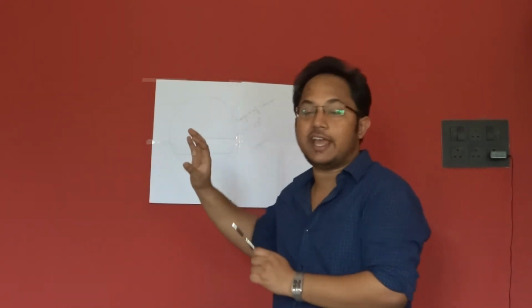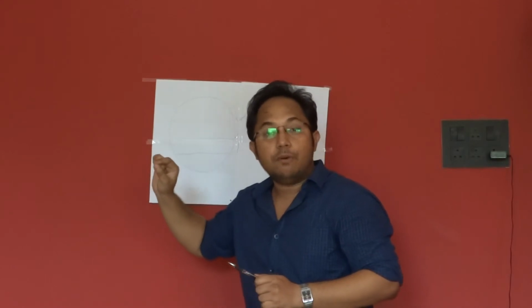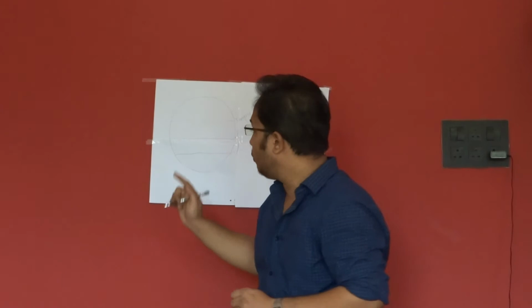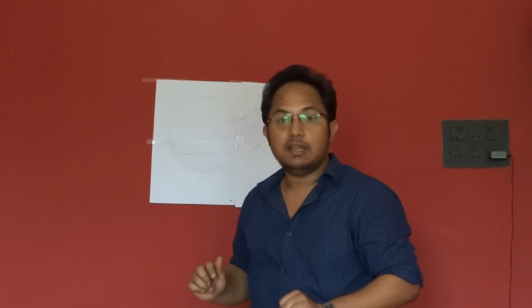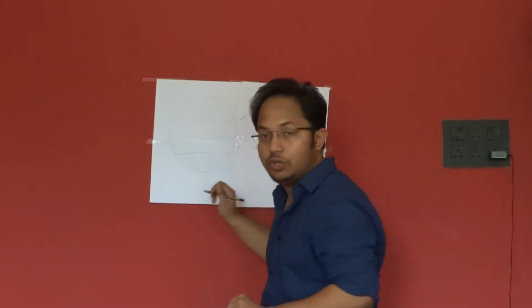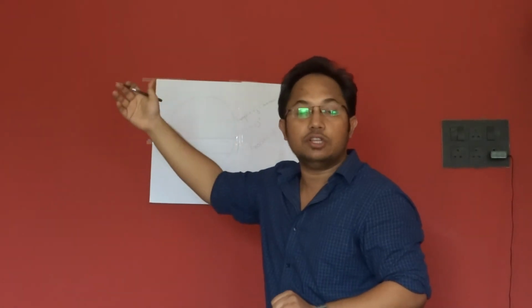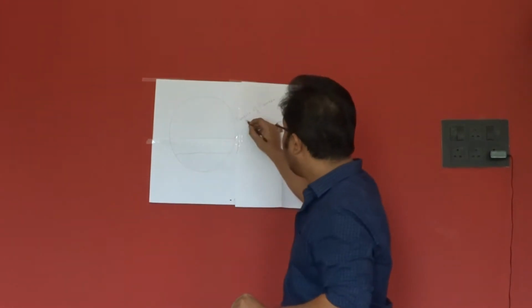Now, to understand advection and how it actually works on the surface of the earth, if we look at the earth, there are some important latitudes that you should be aware of. We have one particular latitude, the 0 degree, which is called the equator. Similarly, we have another latitude in the northern hemisphere, around 23.5 degrees north. That is called the Tropic of Cancer.